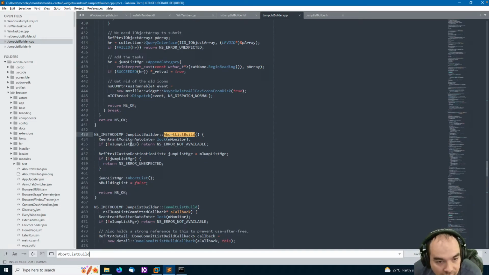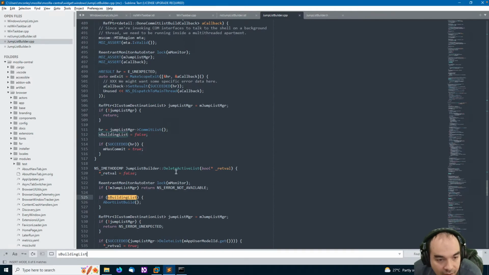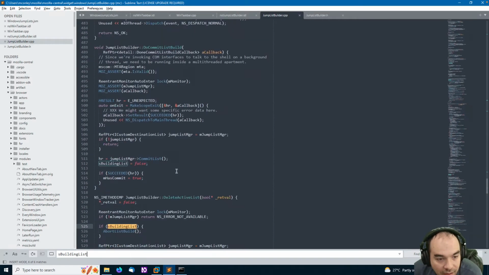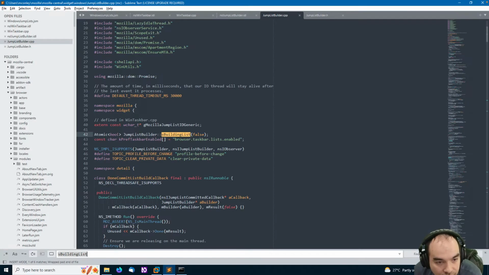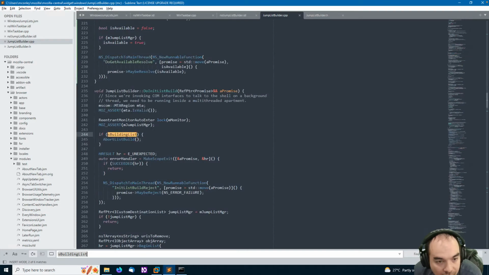It takes a lock, and if the jump list manager exists, it gets a reference to the custom destination list, and then calls abort list on it, and then sets this static boolean. Oof. Which is an atomic that seems to be shared between threads. What a mess.